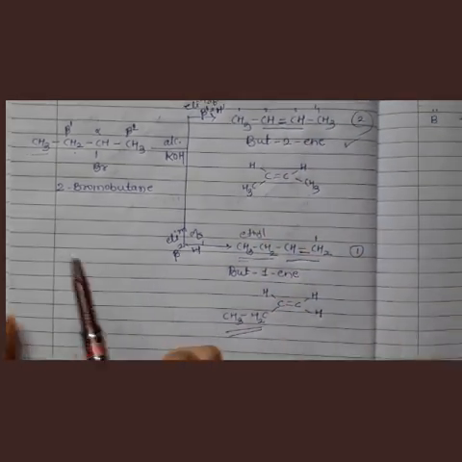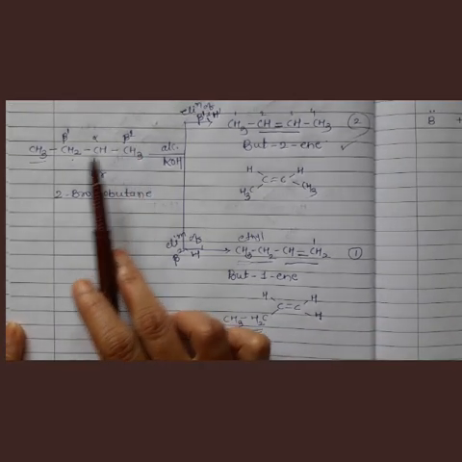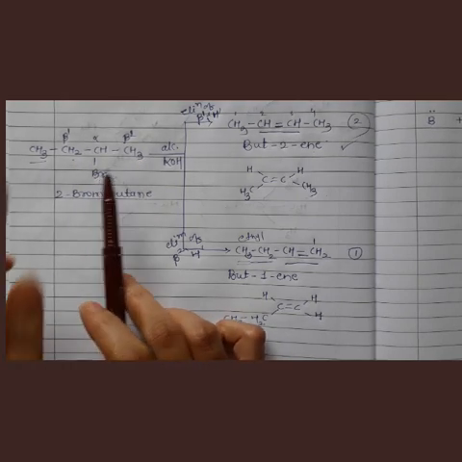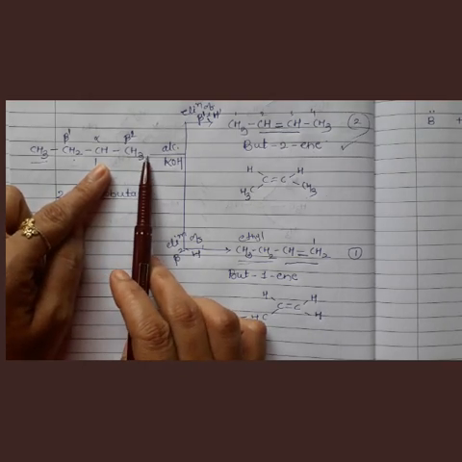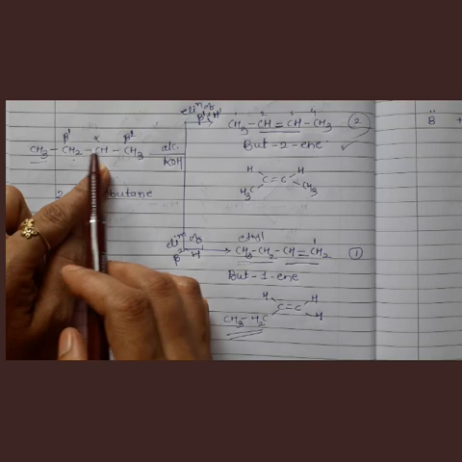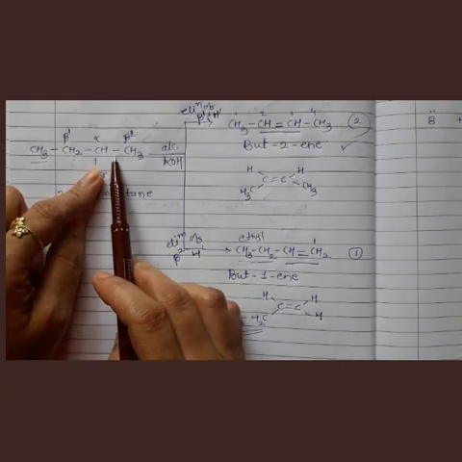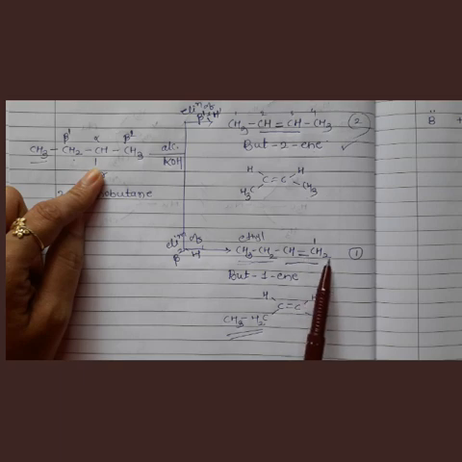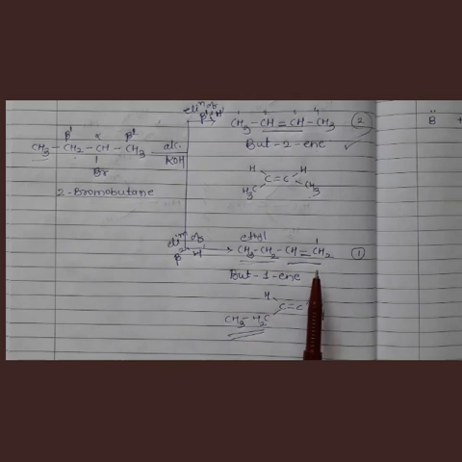Now another product will form with the elimination of hydrogen from this carbon atom. It will not eliminate from here, now it will eliminate from here. Bromine will go from here, and one hydrogen will go from here, so it will become CH2. So CH3, CH2, CH, CH2. And where the alpha beta position is, there the double bond will form. So this is the product: CH3, CH2, CH double bond CH2. One hydrogen from here has been eliminated. Understand? So 2 different products we have got over here.